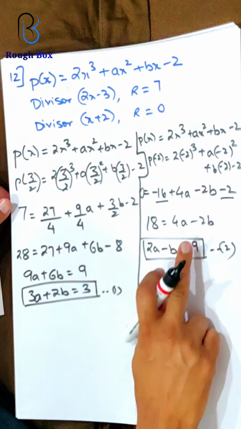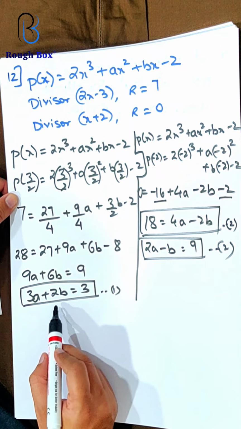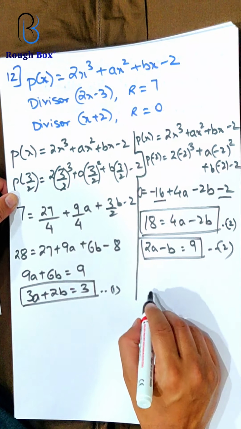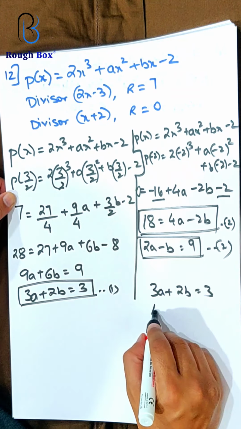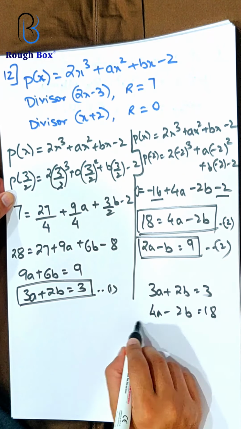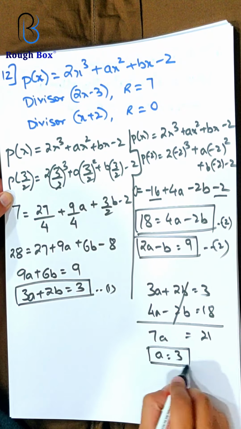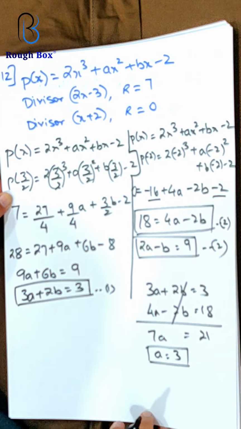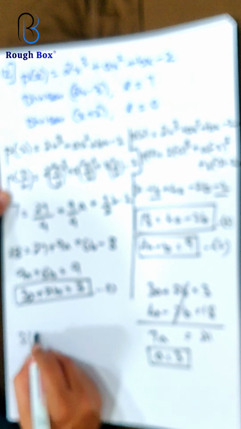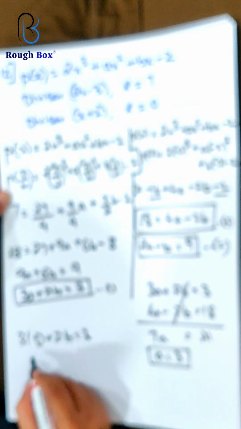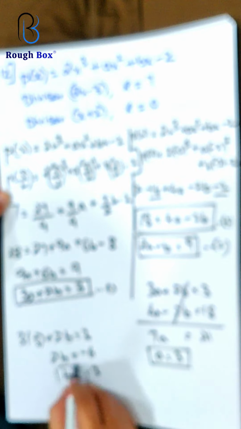In fact, I don't need to reduce this either. I can consider this only as the second equation because 2b and 2b can get cancelled then. So now let's pick up the two equations. 3a plus 2b equals 3, 4a minus 2b equals 18, cancels. So I get 7a equals 21. So the value of a is 3. Substitute a in any one of the equations. So I am substituting here in the first equation. So I will get 3 times 3, plus 2b equals 3. So 9 minus 6. So I get the value of b as minus 3.